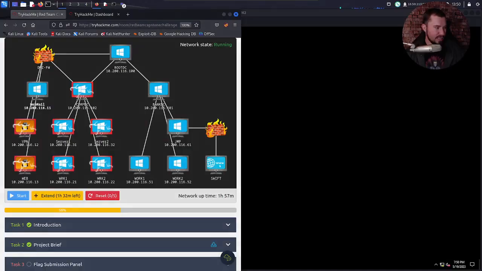Our goal today is to see if we can go from Corp DC to root DC. Now, my initial thought, and I shared this on stream, I just realized I'm not sharing my screen. Let me share my screen. So to go from Corp DC right here to root DC, my initial thought is to abuse the trust relationship between a child domain controller and a parent domain controller. The reason I say that's my initial thought is that's actually what the TryHackMe room teaches you to do.